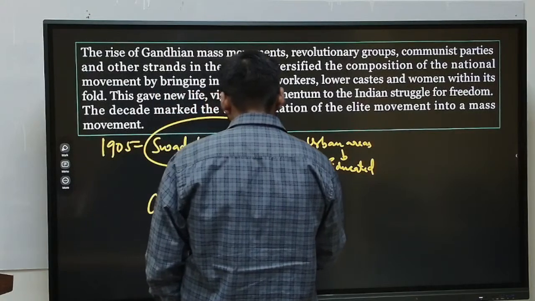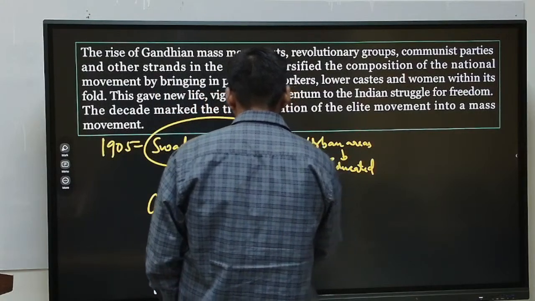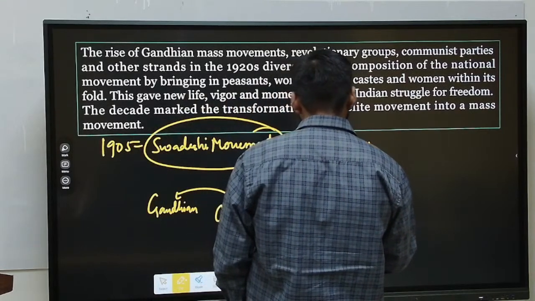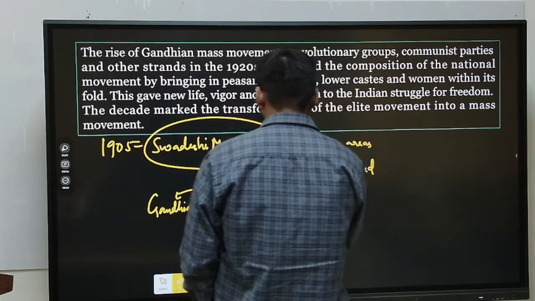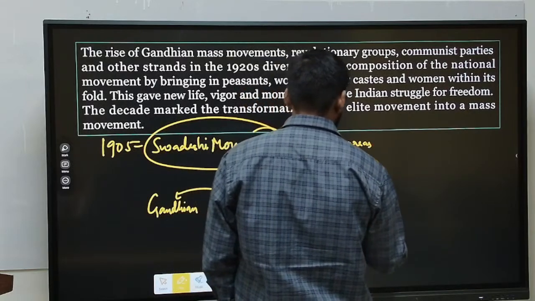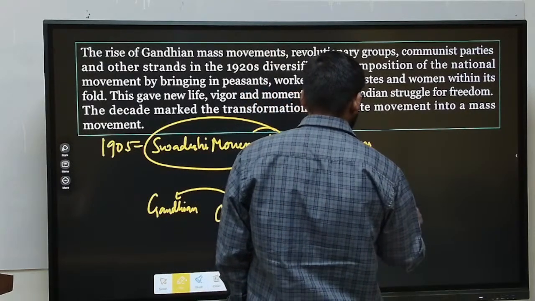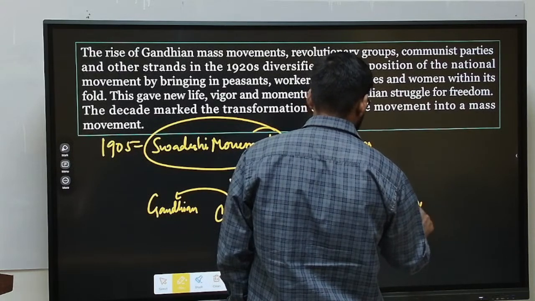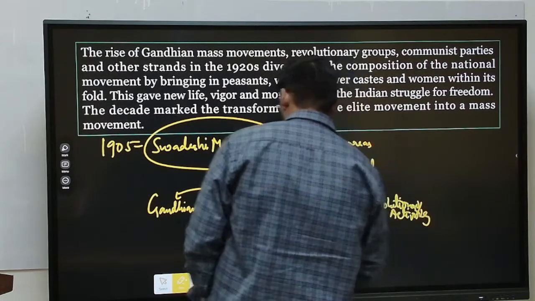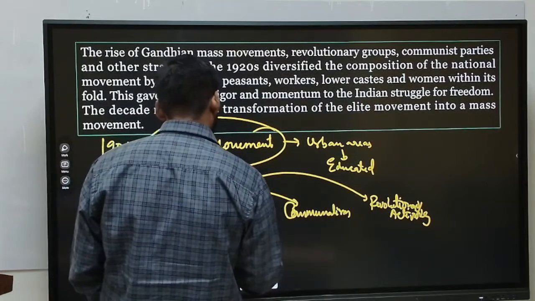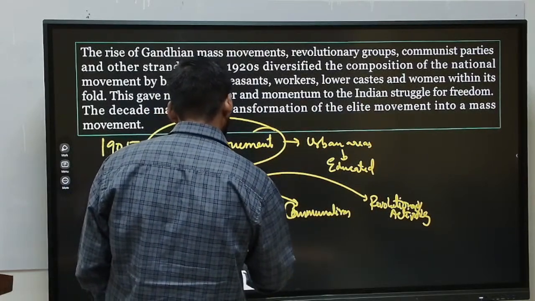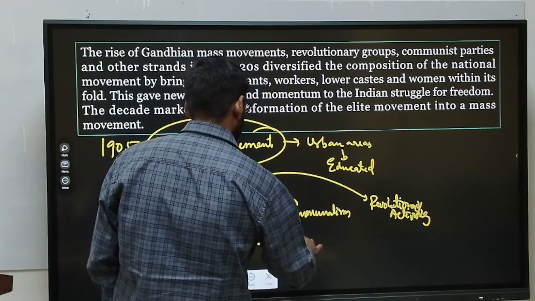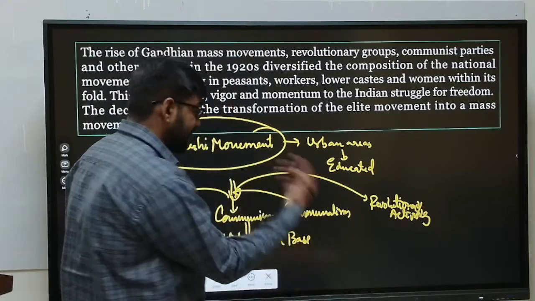communism, communalism, and revolutionary activities. Okay, so these ideologies widened the social base. Okay, and in this manner,